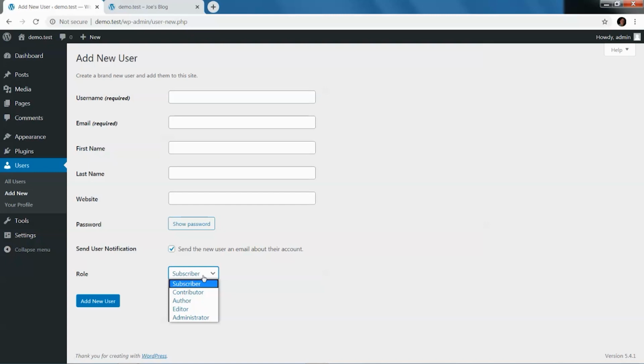You don't want to have too many administrators because people can then change things on your site. They can even actually delete your site if they have the administrator level. So I really recommend in an organization you only have a handful of administrators, maybe one or two, and then you have editors and you have authors. And I haven't really found a use for contributors or subscribers, but maybe for your site it might prove beneficial to you. And you can check out in some of the support information how the subscriber and contributor work.